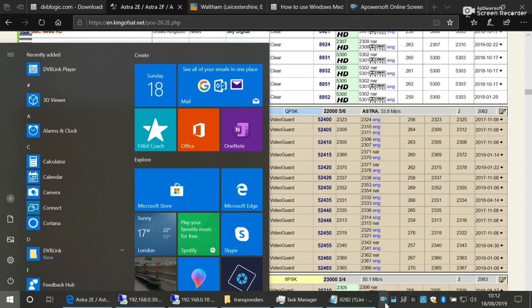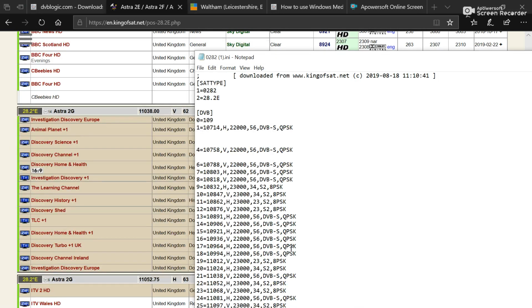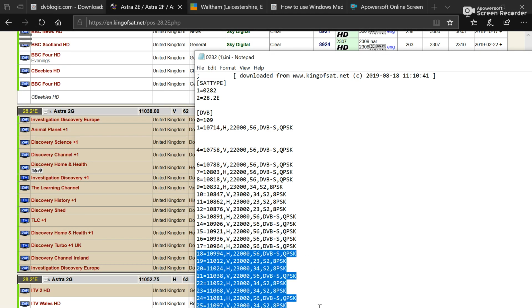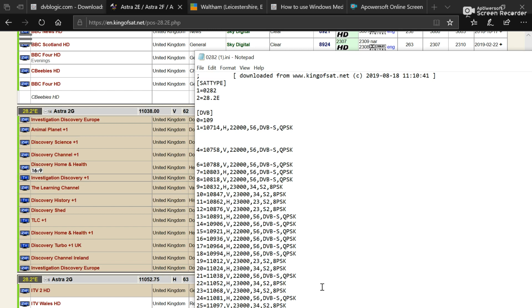11038 is encrypted, so I don't want that to come through. So I'd find the 11038. There it is, 11038. Get rid of it. So what this does is, if you go to King of Sat, look at what channels